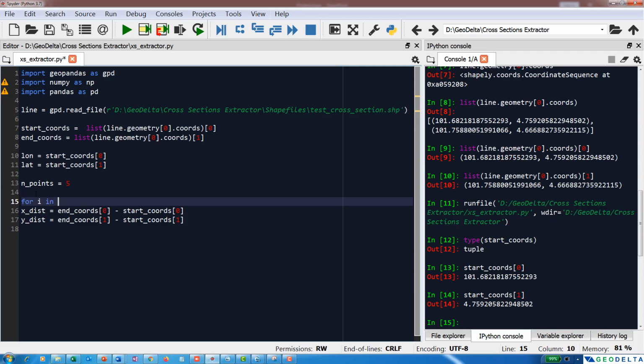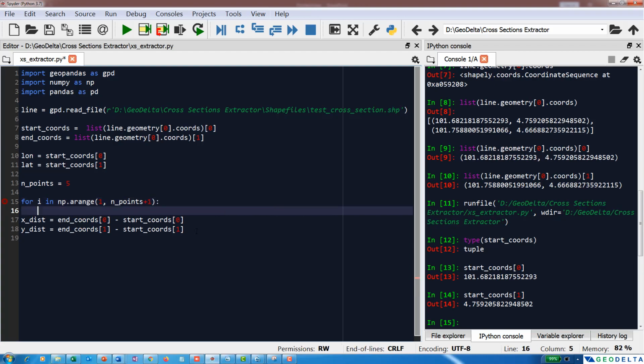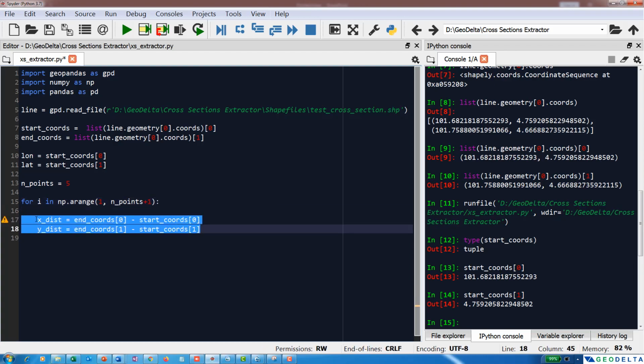Let's say for i in range, and I start from number 1, and my ending point is actually going to be the number of points plus 1. Alright, so we do the indentation for this one now. So let's say that means when n is equal to 1, it's still going to calculate the x distance and the y distance, and then it's going to calculate the